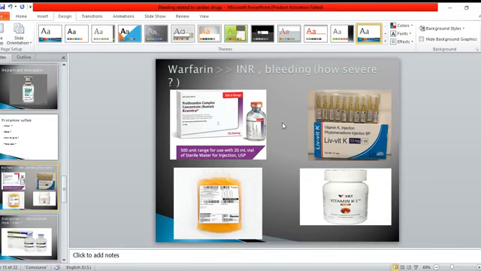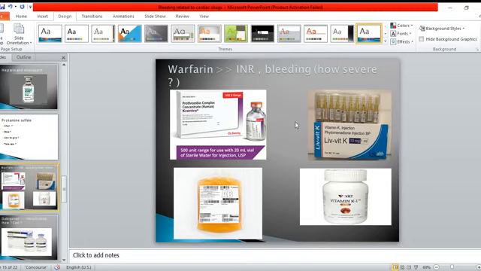Even so, this drug is still very commonly prescribed, and it may be associated with bleeding, or sometimes you may need to rapidly reverse the effect of warfarin. For example, if a patient is going to undergo an urgent surgery, and there is a significant bleeding risk, and you did the INR and found it's a bit high, you need to reverse this effect and go with an INR below 1.5 to make the situation safer. So if the patient presented with bleeding due to warfarin, what to do?